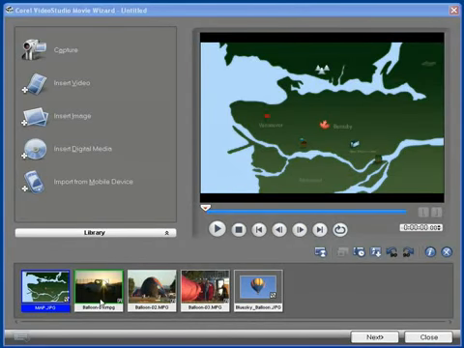Hello, and welcome to this chapter in our ongoing series of tutorials that will help you get familiar with using Corel's VideoStudio Pro X2. In today's short lesson, we're going to continue with the basics of using the Movie Wizard